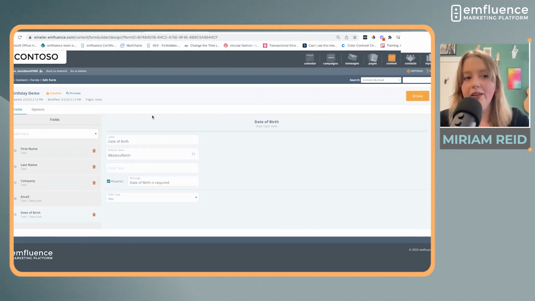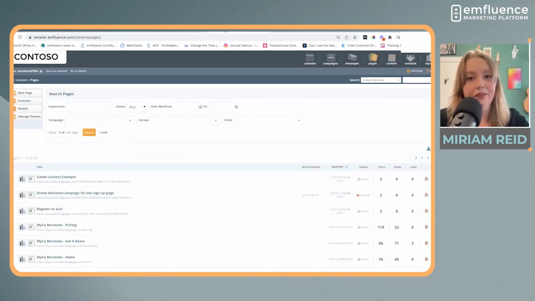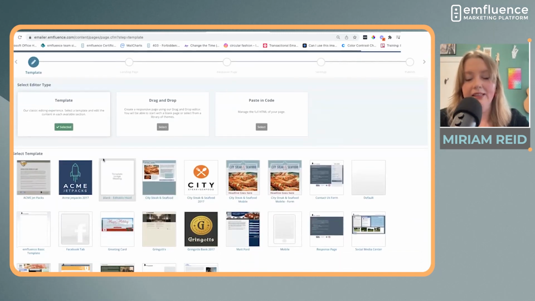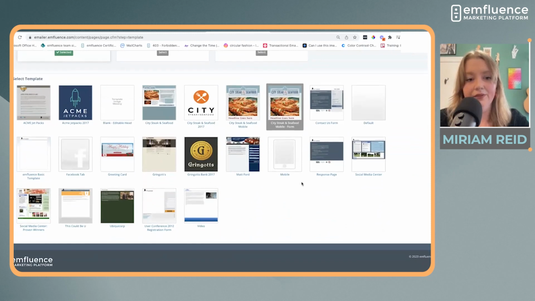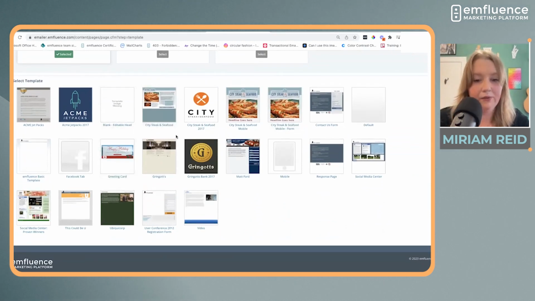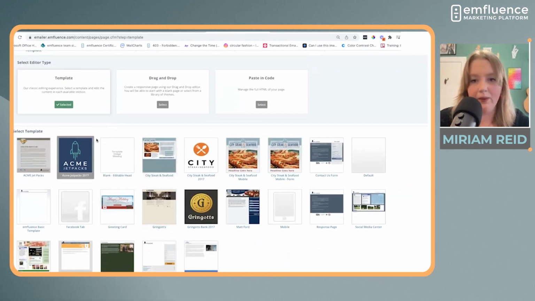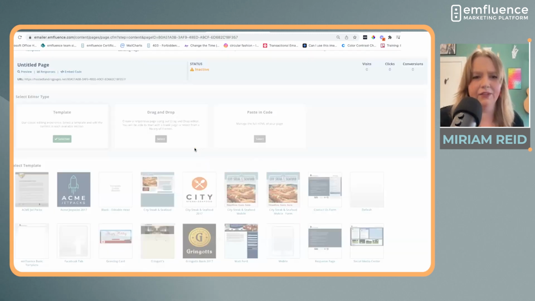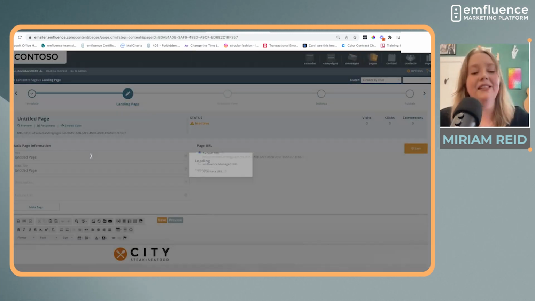And then where is this form actually going to go? We're going to build a landing page specifically for this form. All right, so once again, we're just going to go down to Pages, and I'm going to select New Page. You can select any number of templates. For right now, let's go with City, Steak, and Seafood. All right, and I'm going to title this one